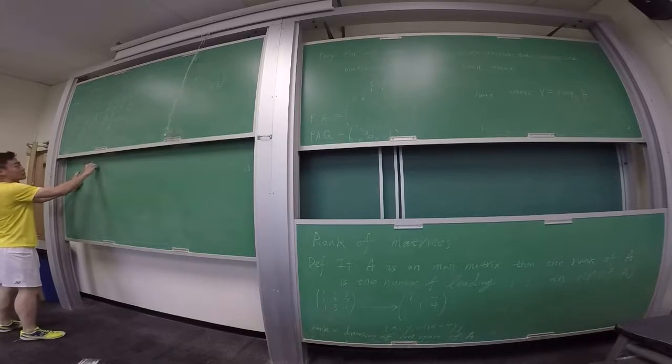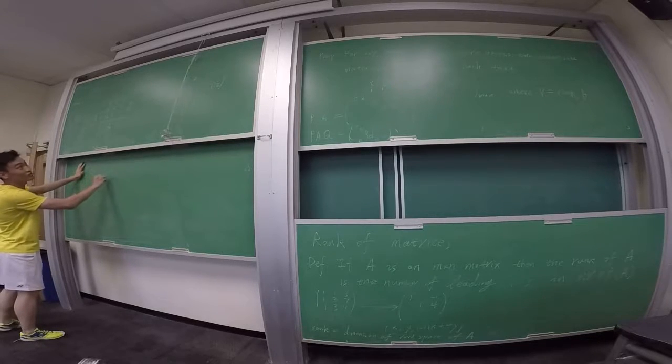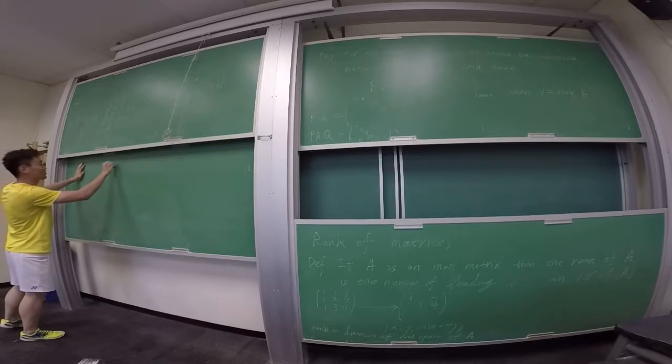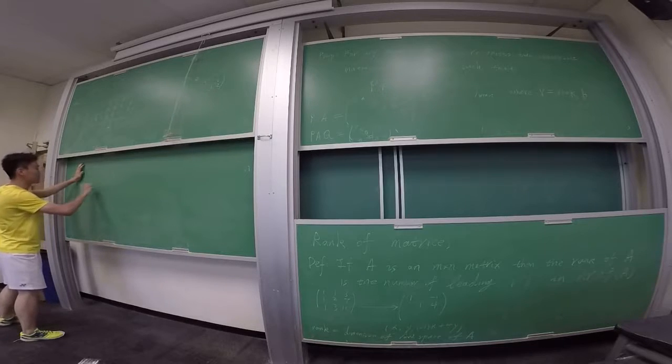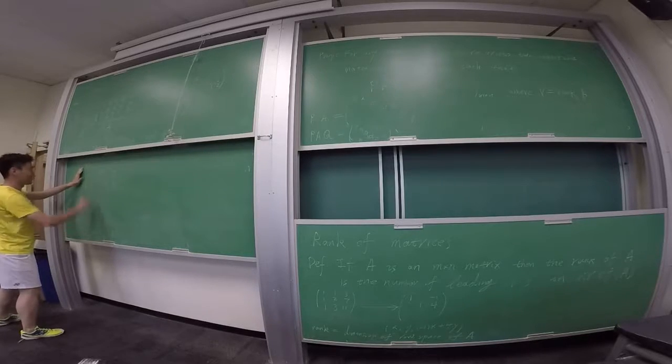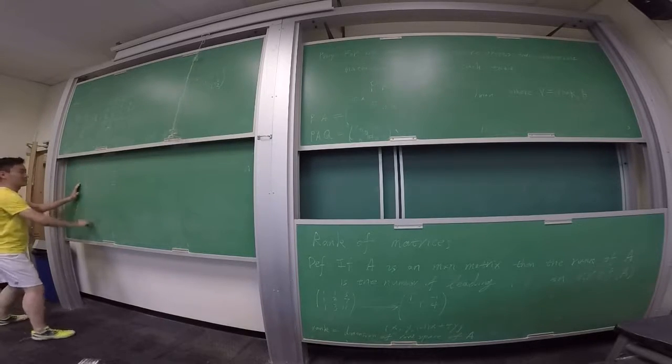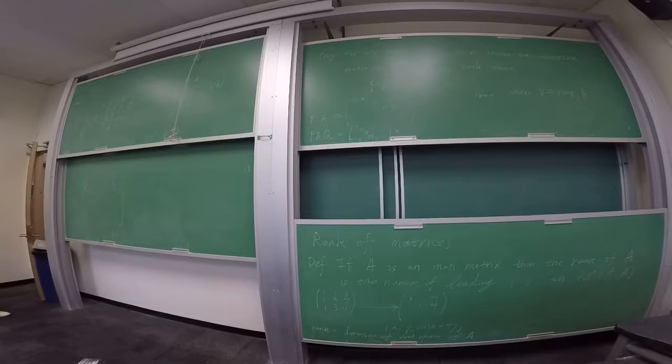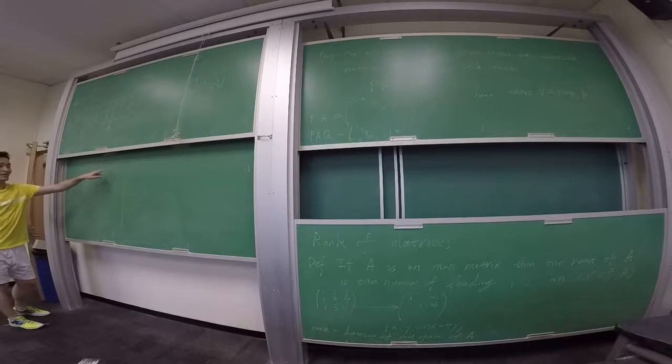To record the column transformations, I will write a matrix under this matrix. 1, 1, 1, 1. Right? Okay, the first thing I want to do is to clean up this guy and clean up those guys